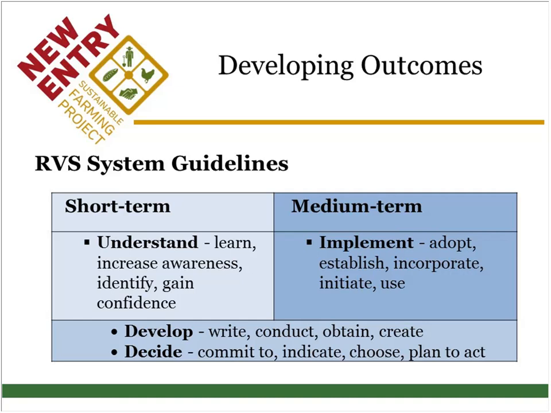I've categorized them here based on which ones are in the short-term category or medium-term category, and the ones at the bottom are in both. These terms don't cover all possible outcomes you might want to look at. You might want to look at how farmers are impacted by the actions they take or the programs, such as increased income. You can definitely feel free to keep tracking that and report it in the NEPA system. But regardless, this is a really good place to start.